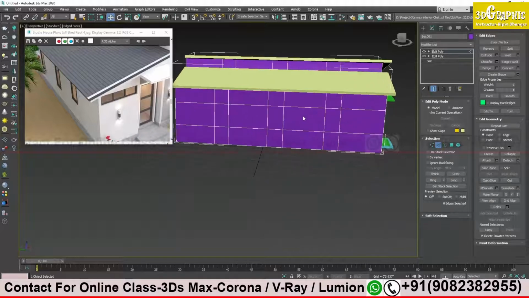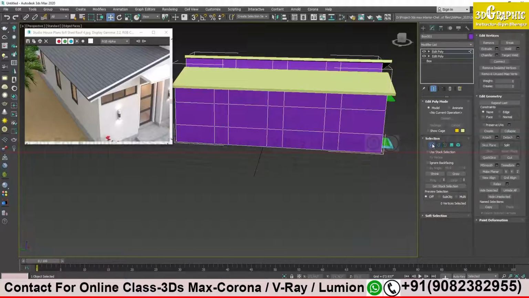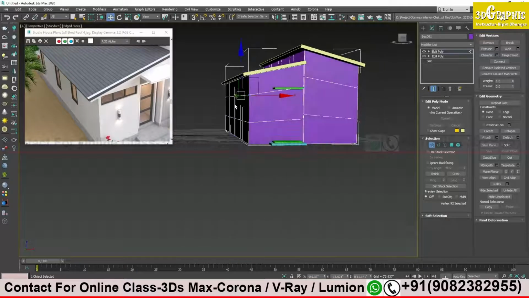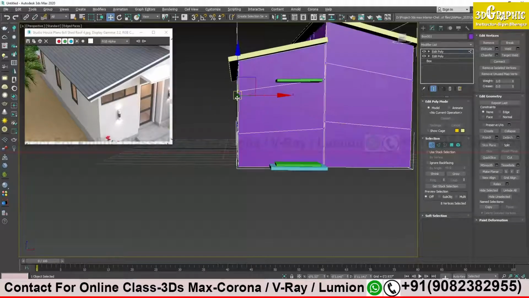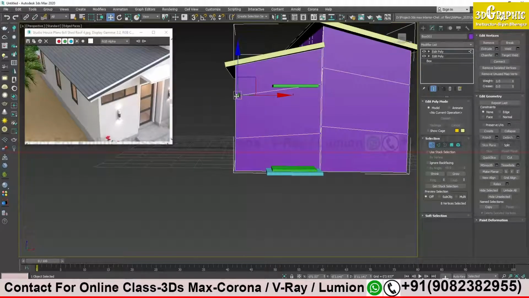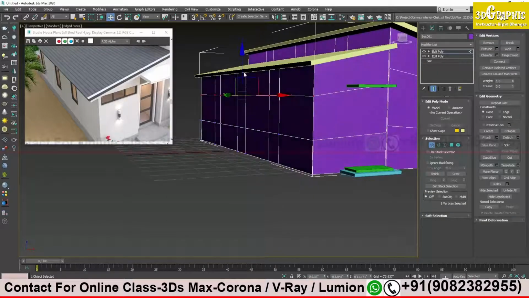See, after creation, if you think that the window distance is not proper or the window height is not proper, click on the vertices and try to change it. If you think it should be changed a little bit, try to select it. From my left side, I just see all the vertices on one line. Now I can drag and select all the vertices at once. Clear? I can change the height of my window like this if I need it.